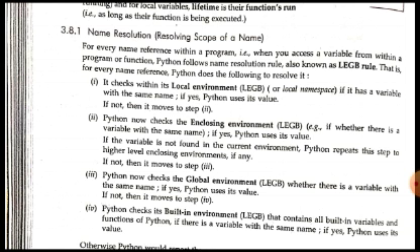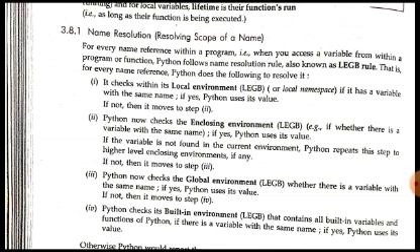Step number 3 means now it will check the global environment. Global environment means what? Which is outside the scope of any function, whether nested function or outer function. The global environment is outside the scope of any function definition. So when Python hasn't found the definition in any function, neither in the nested function nor in the outer function, then it will now check within the global environment.